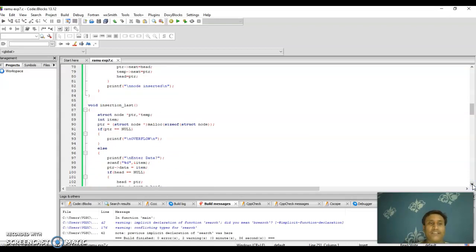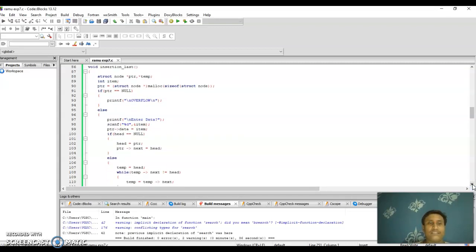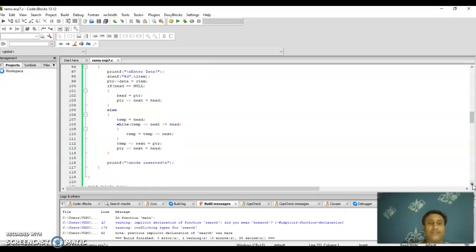Void insertion_last, struct node *ptr, *temp, int item. ptr = (struct node *)malloc(sizeof(struct node)). If ptr == NULL, printf overflow, else printf enter data, scanf %d, &item, ptr->data = item. If head == NULL, head = ptr, ptr->next = head, else temp = head, while temp->next != head,